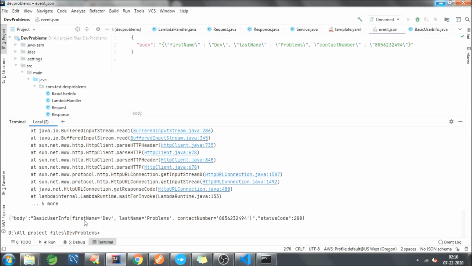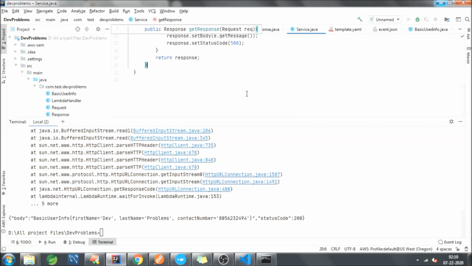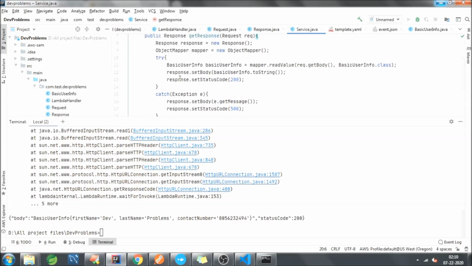So deserialization happened. Okay, so as you can see in the class service, I have provided two responses. One is body and status. In the body I have the object of basic user info that I have converted to string by calling toString method.